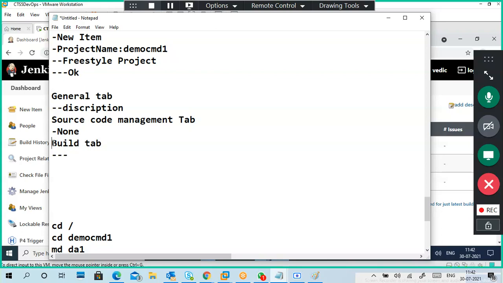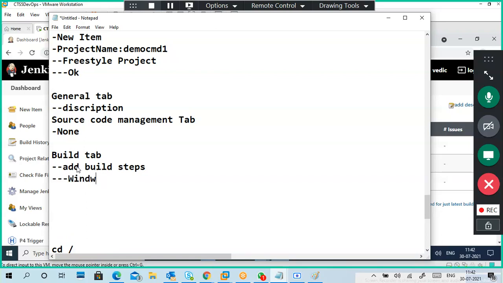Okay, pre-build options, Build tab. Here I chose Add build step, or some kind of build steps. Then I chose the Windows batch command option.